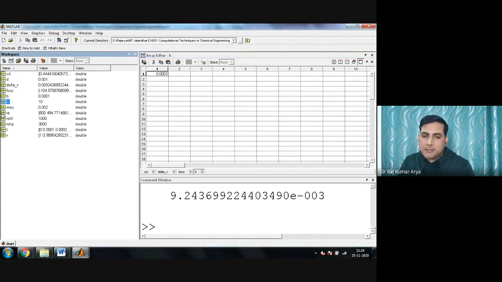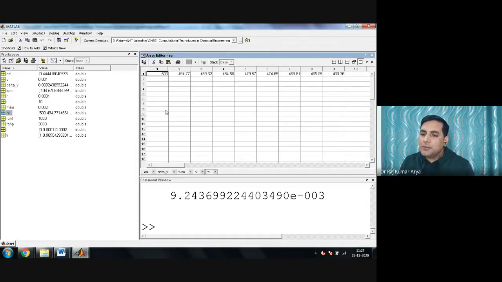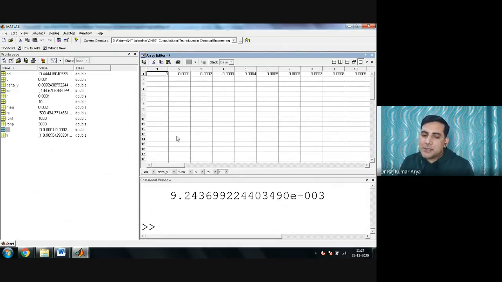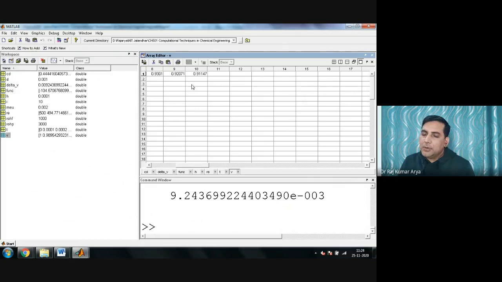So from here you can read anything you are calculating. The first value was 400, then 460 something. These are the different times it calculated. It came up to 0.09, because that is how far it could go in time. And these are my calculated velocities. It started from i equal to 1, and now it has calculated all of them one by one.